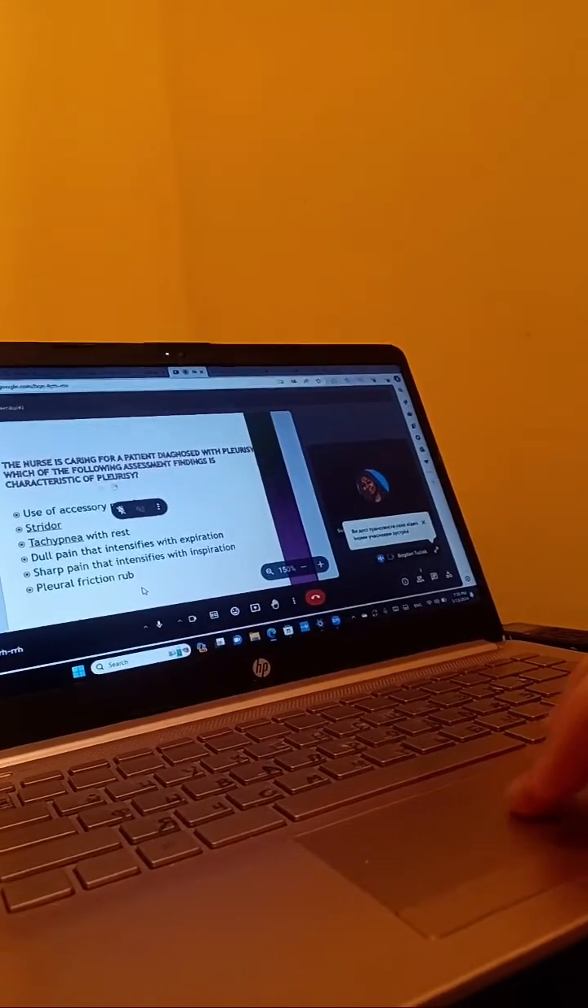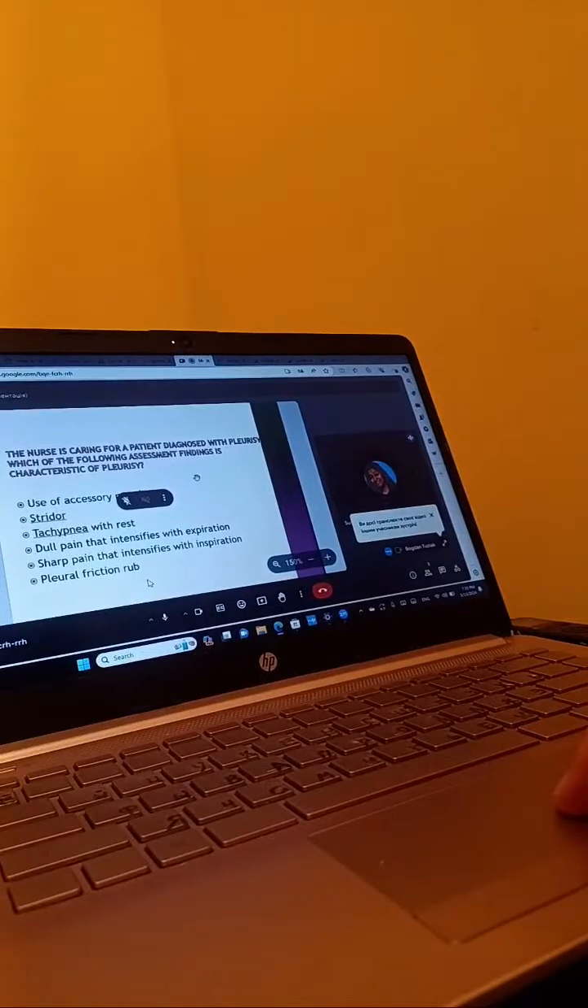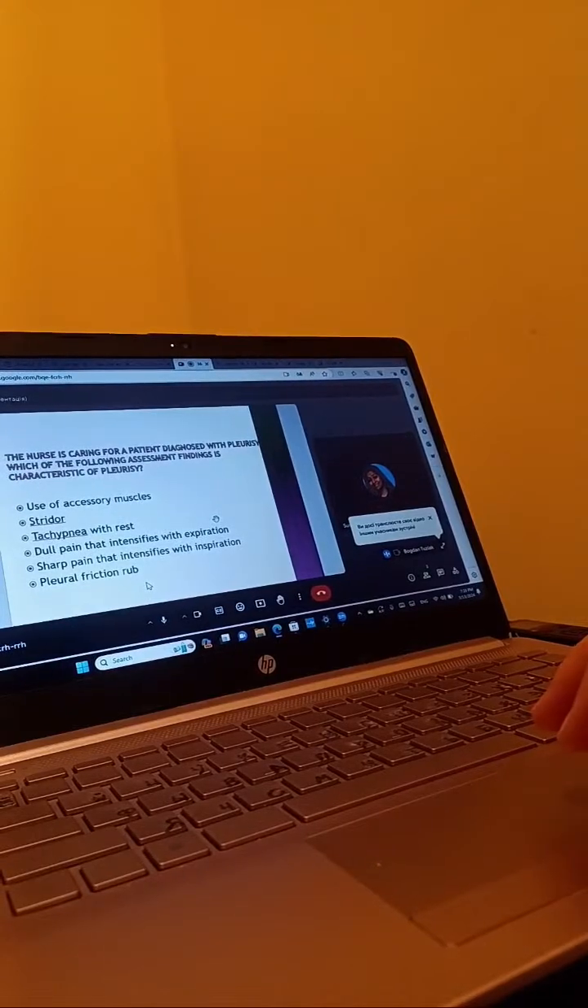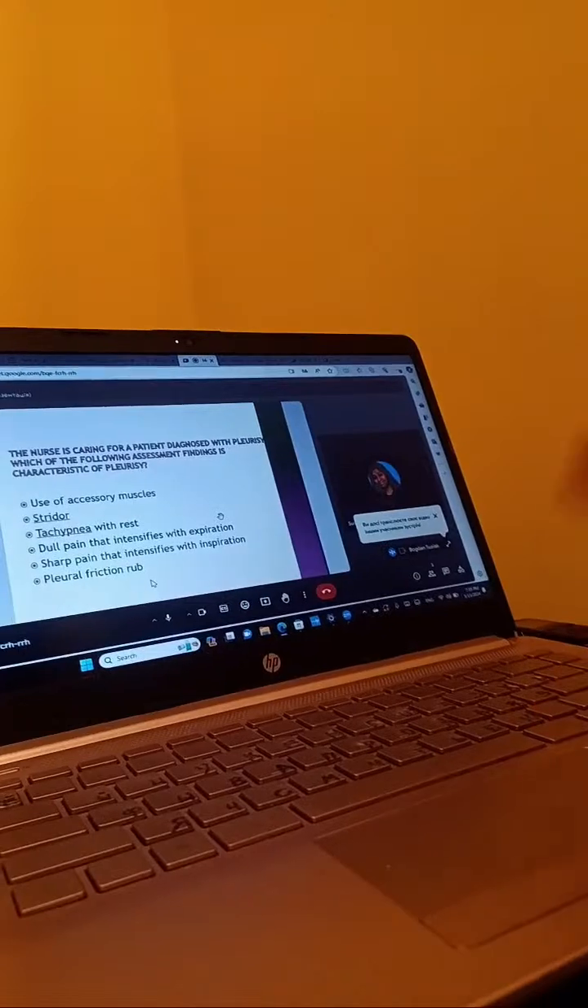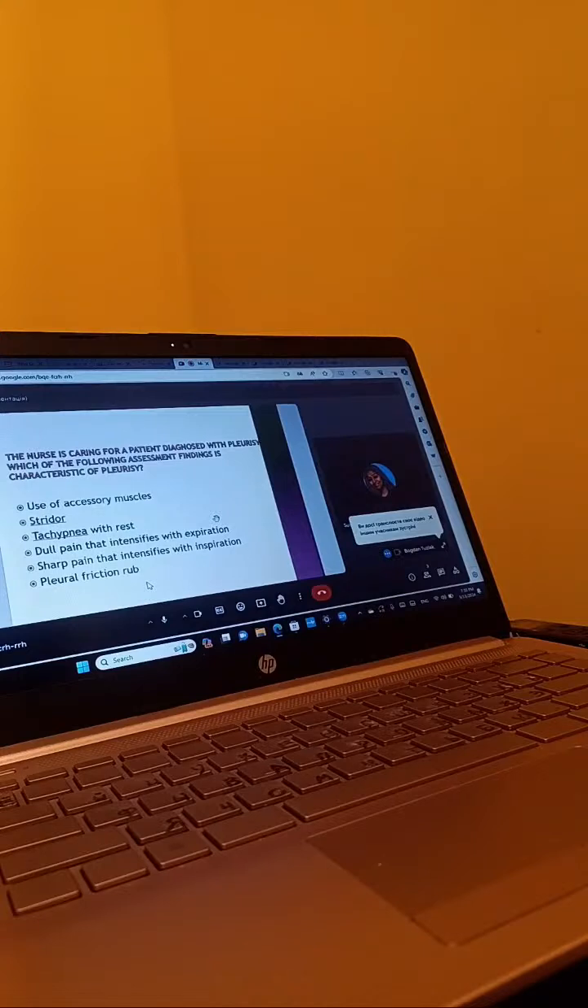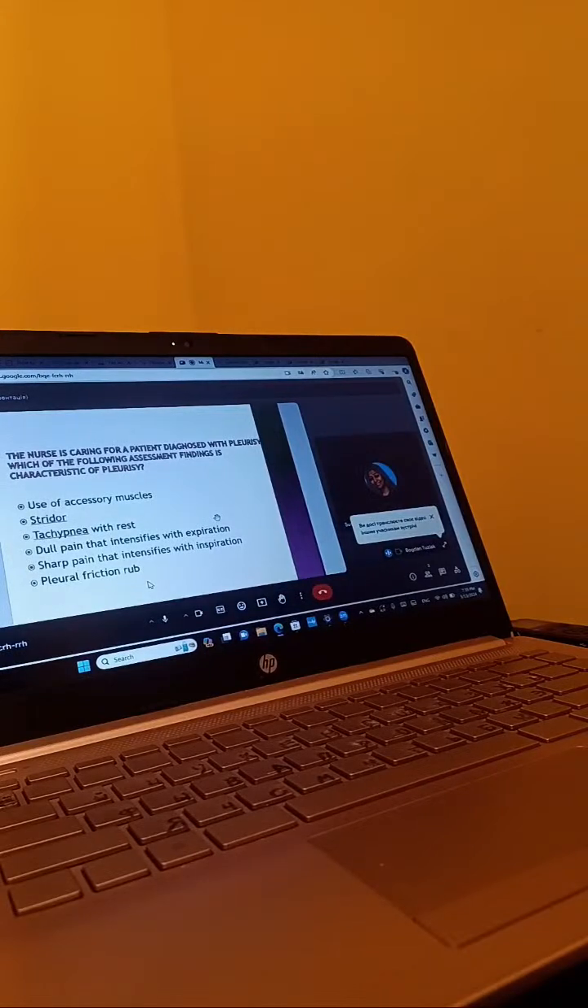This is a select all that apply, by the way. Use of accessory muscles? What is the meaning of use of accessory muscles? I don't know, the muscles of the abdomen. Okay, muscles of the abdomen. What else? Also of the hands. The muscles of the